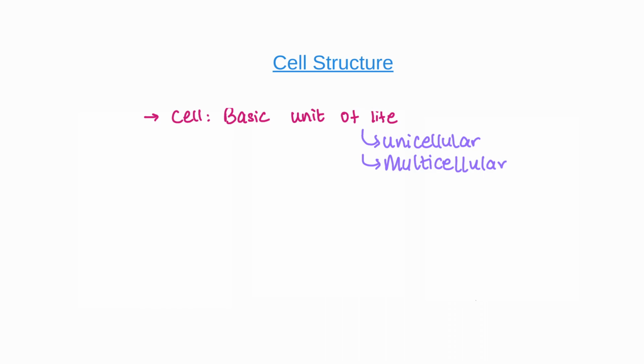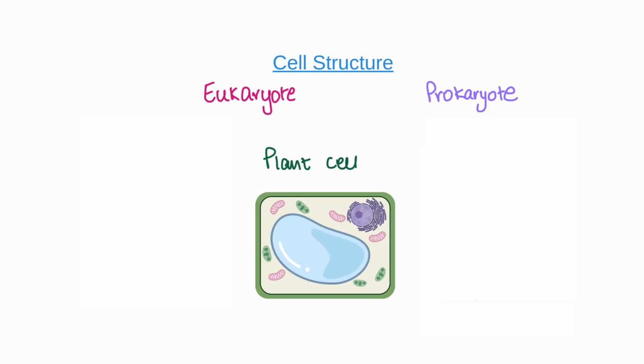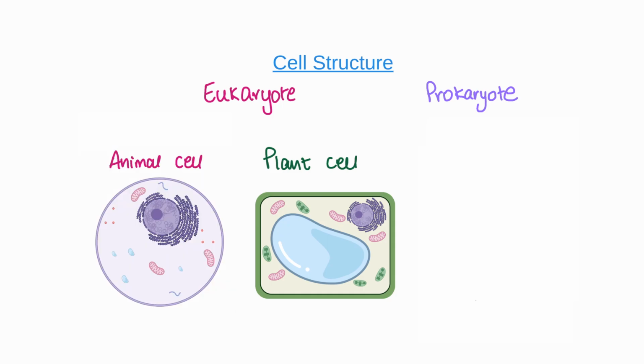Now, remember when I told you about the domains eukaryote and prokaryote, and I told you that they're divided based on their cell structure? This is where we're going to talk about that cell structure. So, under the domain eukaryote, we said that there's going to be cells with membrane bound organelles, right? This means that inside the cell, there's going to be tiny other structures that will have their own membranes. Now, for our focus here, there's going to be plant cells and animal cells in the eukaryotic domain.